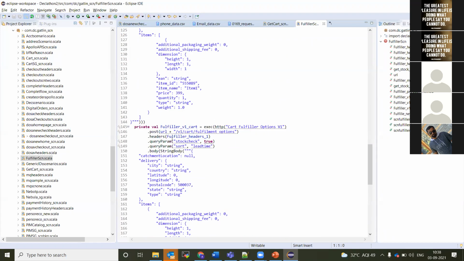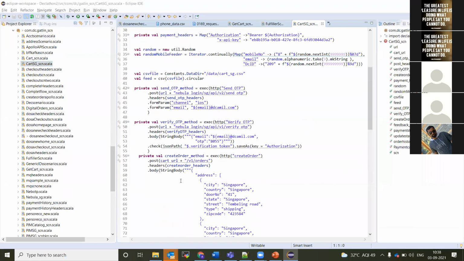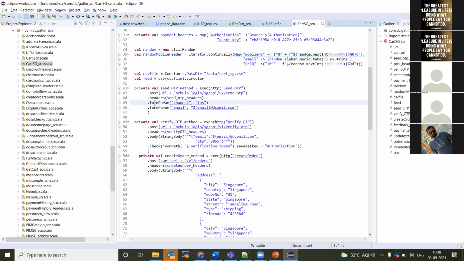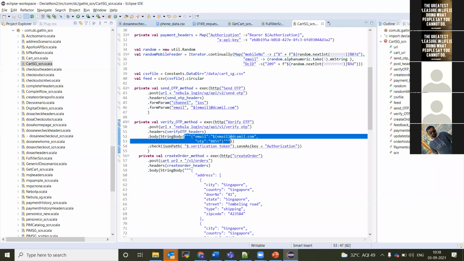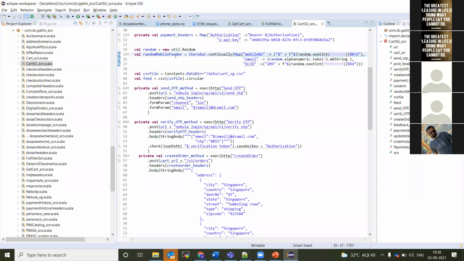Okay, so for using query param for the post method, we have form param. I'm just saying form param now; the same is applicable for query param as well. For the post method, either you can use form param and give the key value pair, or you can directly use the request in this format. Or you can even create a map, which is a key value pair, and send the map in the body. So these are the three formats of creating the body for the post request.